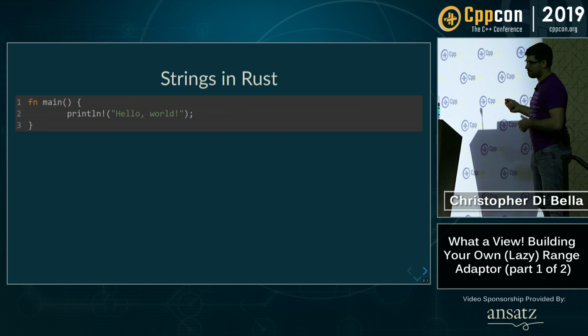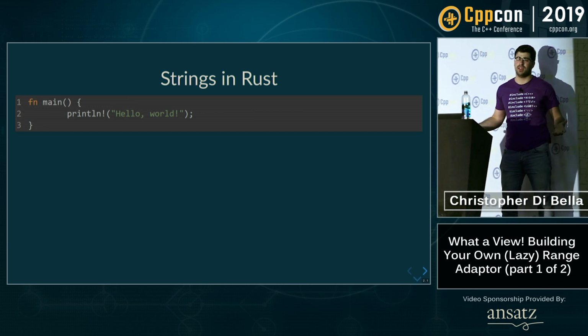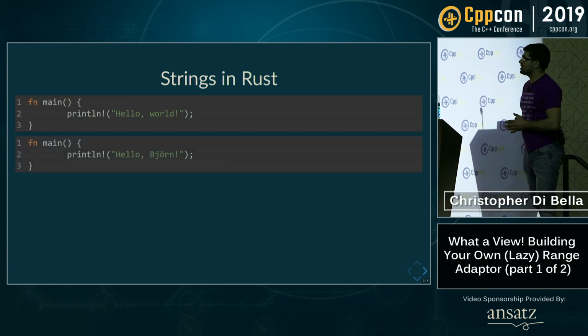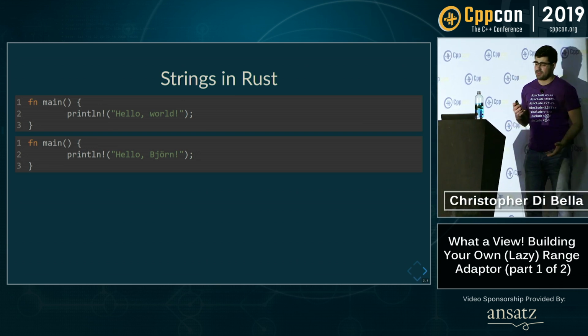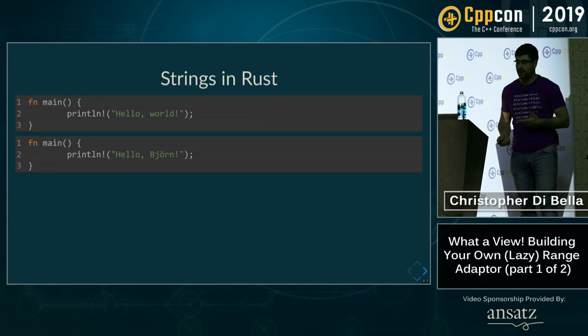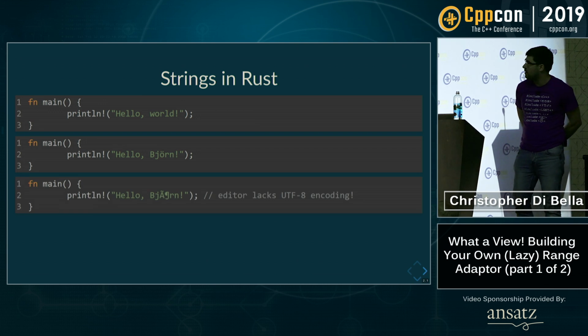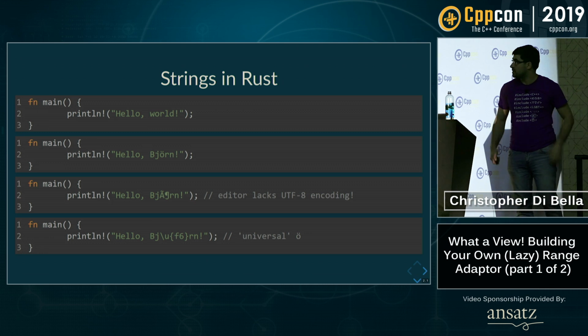Okay, so basically what we have here is Hello World in Rust. They have a nice function that allows you to print a line. And one of the nice things about Rust is that it supports UTF-8 natively, I believe. And that allows us to have different characters that aren't part of the ASCII character set. But that may lead to things getting malformed. So there are also Unicode escapes in